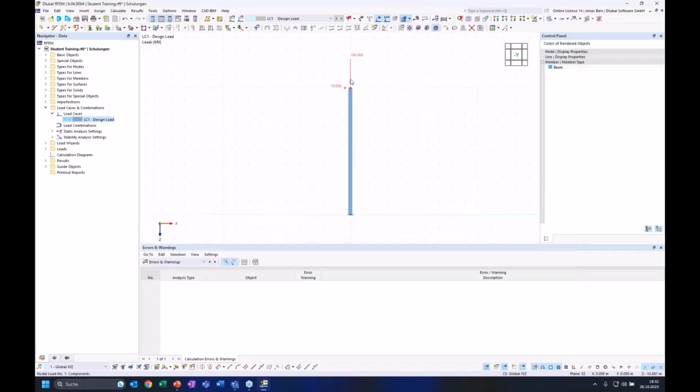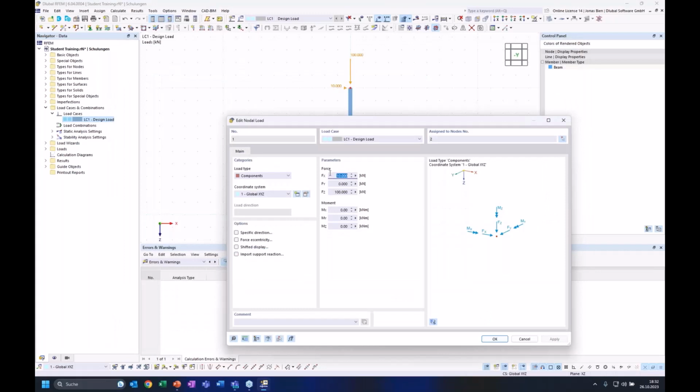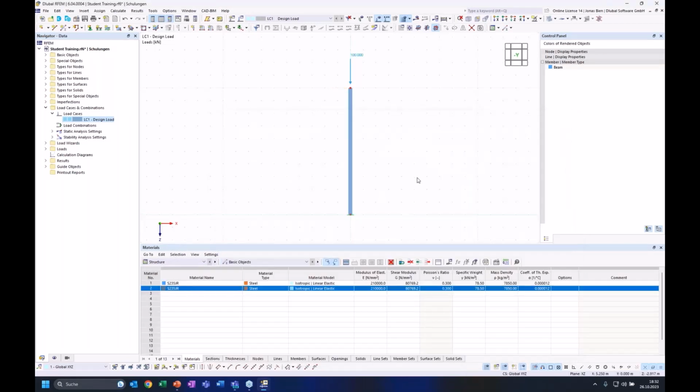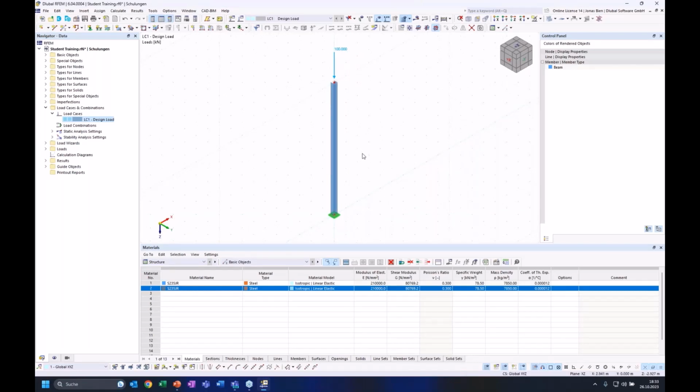I will also get rid of the 10 kilonewton transversal load, so that will just slightly change the results of our stability analysis. But maybe you see what this leads to. That would be a slender member under pure compressive load, which is clamped at one end and free at the other end. That structure would correspond to a very iconic structure type, and that would be